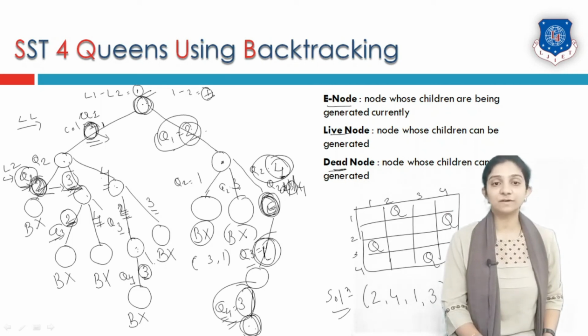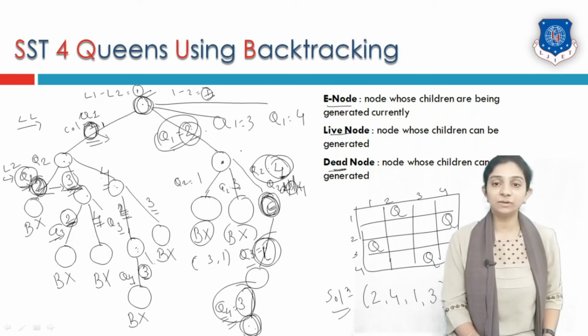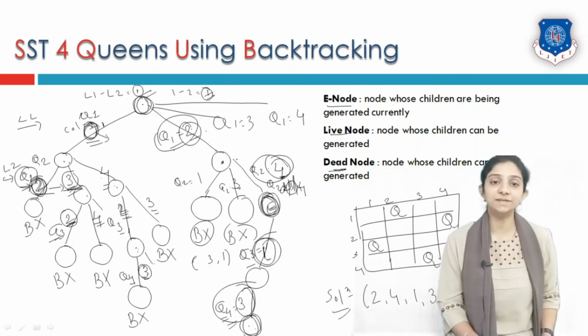If we traverse the complete tree, that means if we backtrack from each and every step and start growing a complete tree, that means even trying queen number 1 in column 3 as well as in column number 4, if we complete this particular tree, we will have all possible solutions of the 4 queens problem. We have to work on the tree until at least one solution is generated. If the question asks to generate all possible solutions, we have to work for generation of the complete tree.